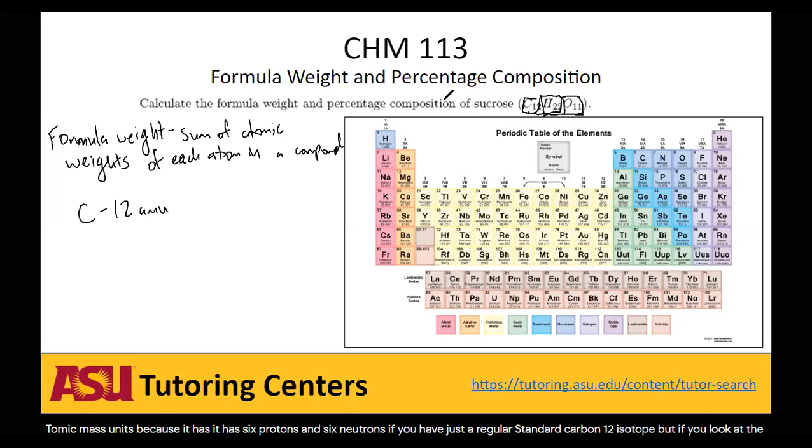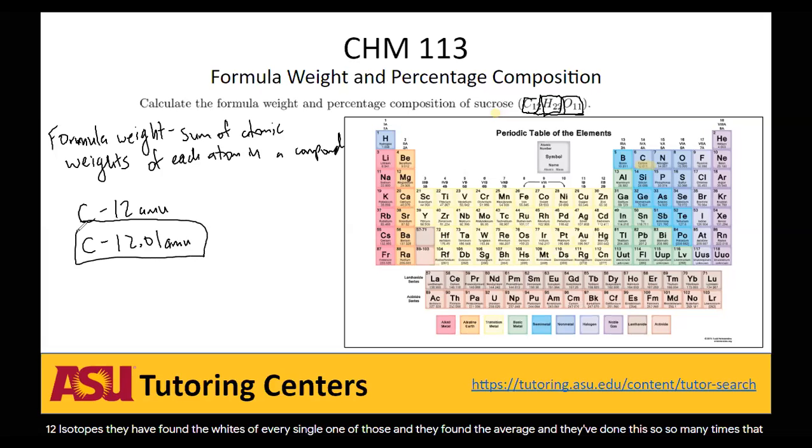But if you look at the periodic table, it's kind of hard to see, it's a little small, but it's right there. It's 12.01 is what it says. So although in theory, carbon should have a weight of 12 AMU, in practice it is a weight of 12.01 AMU, because this is done experimentally. They've isolated a bunch of carbon-12 isotopes, they have found the weights of every single one of those, and they've found the average. And they've done this so many times that it's as accurate as you can get. Okay. So when we talk about the atomic weights of each atom, we use the experimental value, not the theoretical